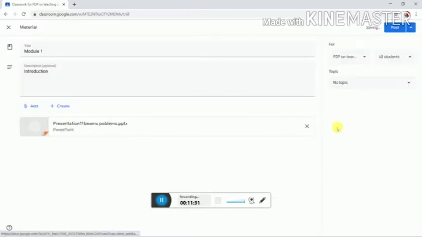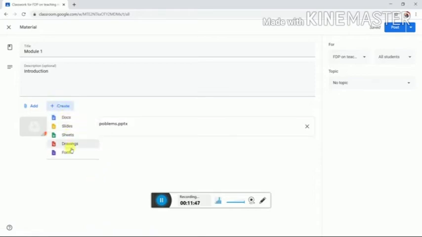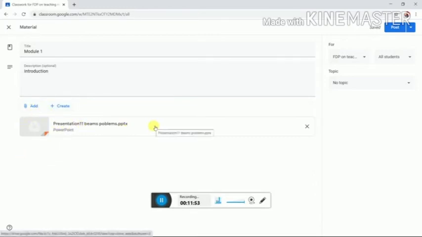See here, this file is shared to all the students, so all the students can access this file. They can download this file and then refer to all these notes or book or whatever study material you are giving to them here. Or else you can create your own document here online, but it is better to prefer this one, add, and add all your notes and videos.